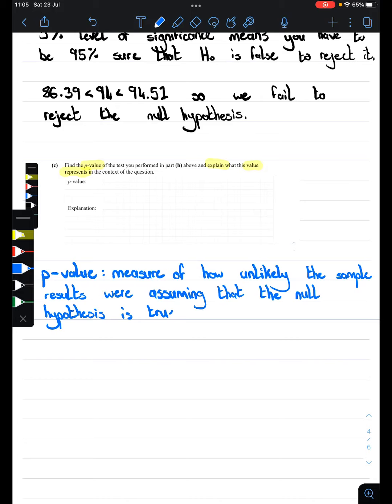But it's actually a little bit more complex than that, and your teachers might not go into this level of detail, and the marking scheme doesn't even go into this level of detail, interestingly enough. So it's actually more like, what are the odds of getting a result as weird or as unlikely or less likely? That's an important caveat. So if we have a normal distribution,